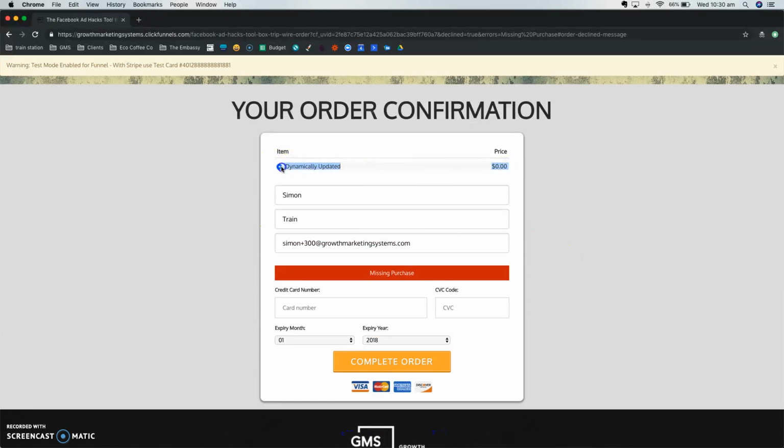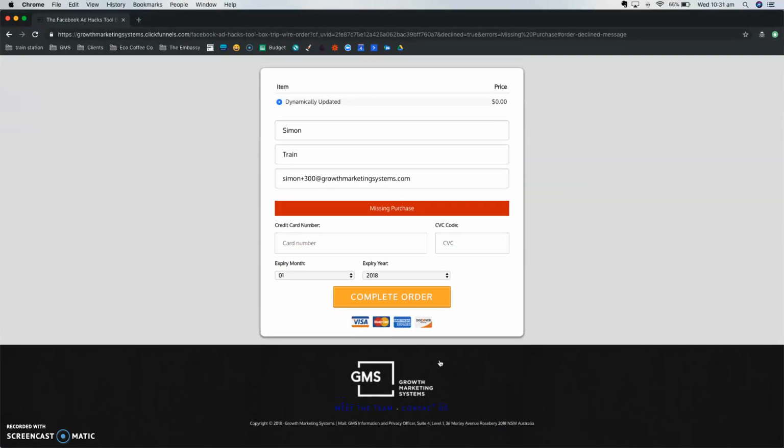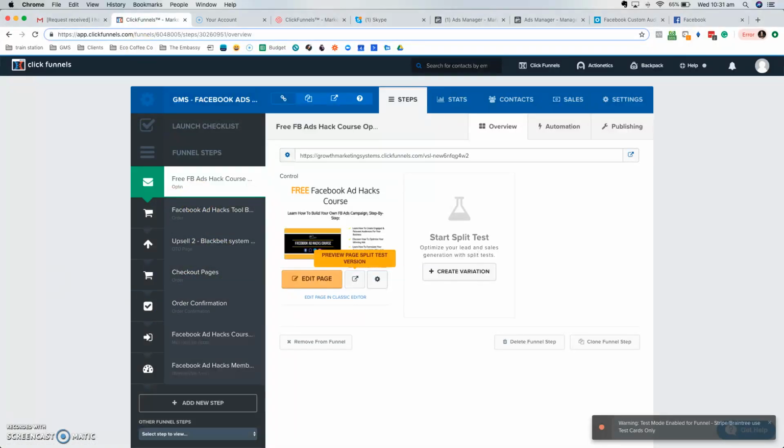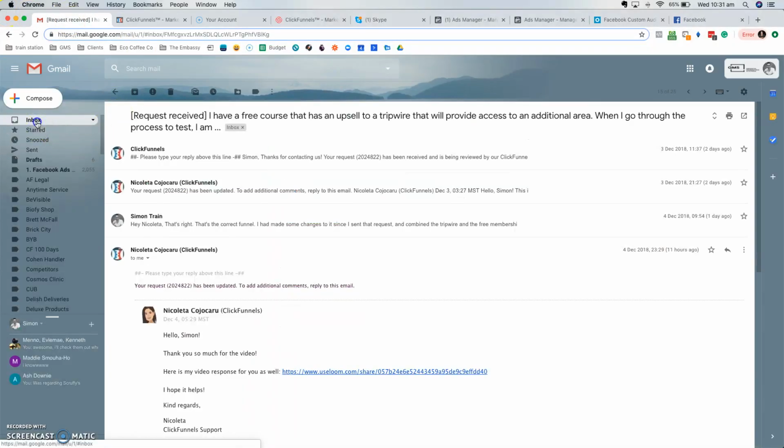And I don't know why the items aren't dynamically updating. Maybe it's because I'm in test mode, but is it possible to have all the products, so the first upsell plus the second upsell, show up there so they can see the price and what they're actually getting? But that's not working. Now, the second thing is I've set up emails in here to